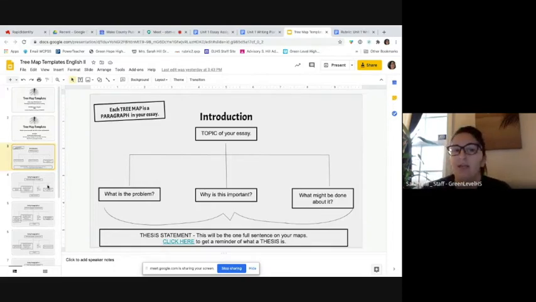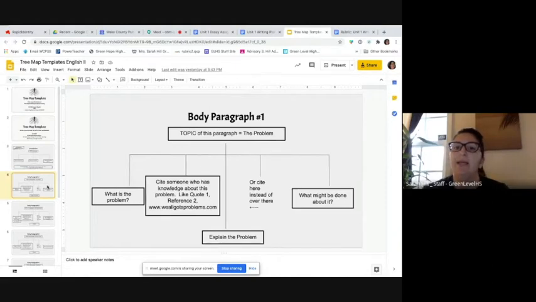Once you've got that done, you're going to get into your body paragraphs. Your body paragraphs are very important because you're not only going to explain in more detail, but you're going to include citations with quotes or paraphrases in each of the paragraphs.